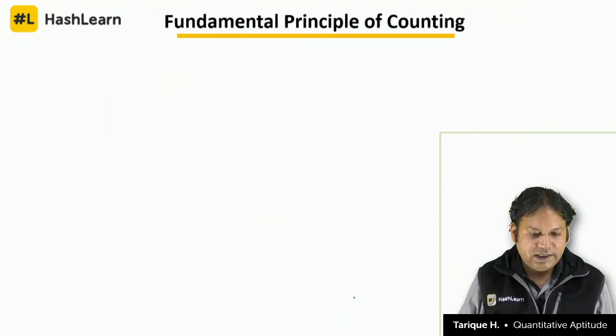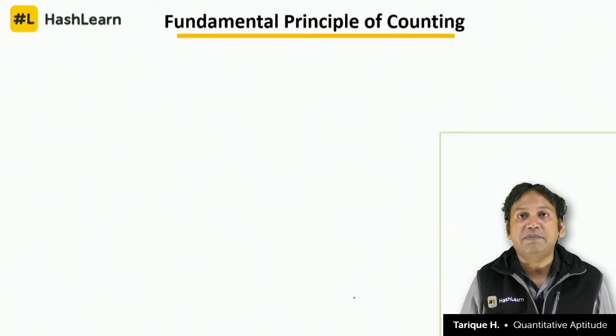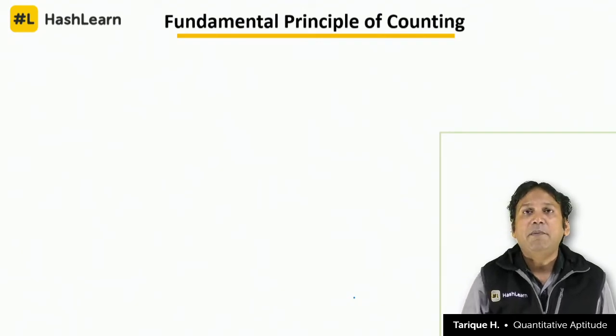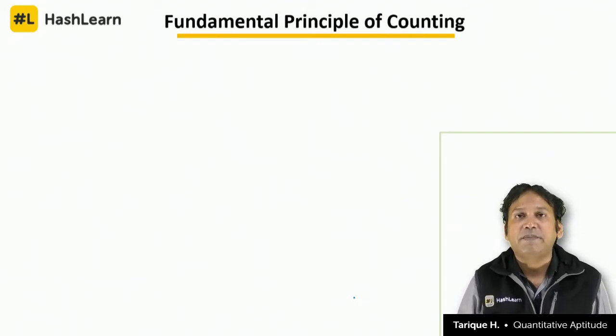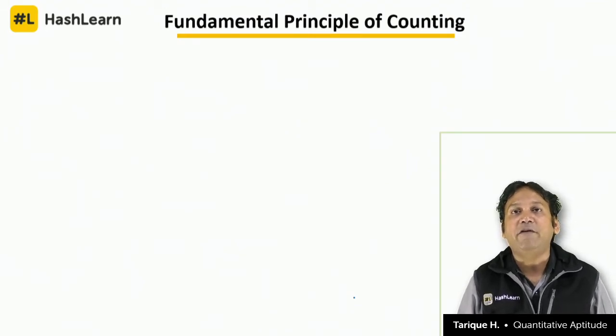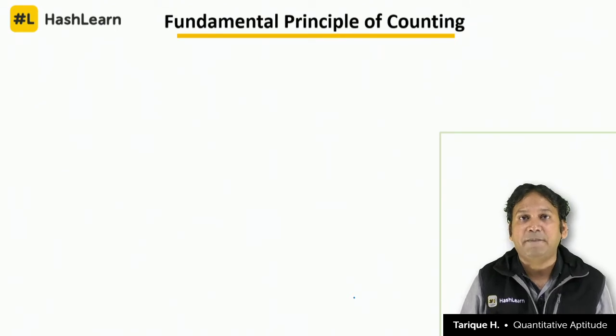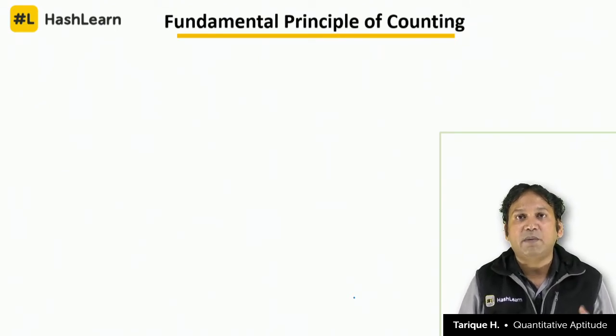Next we will go and understand what is the fundamental principle of counting. Permutation and combination both are essentially counting questions. We try to find out the number of ways in which something can be done. So almost all the questions on permutation combination will contain the phrase number of ways, find the number of ways